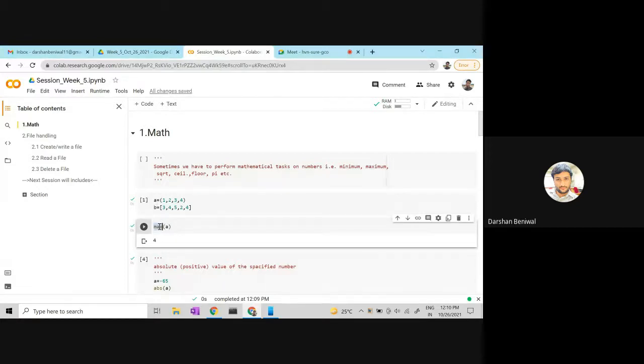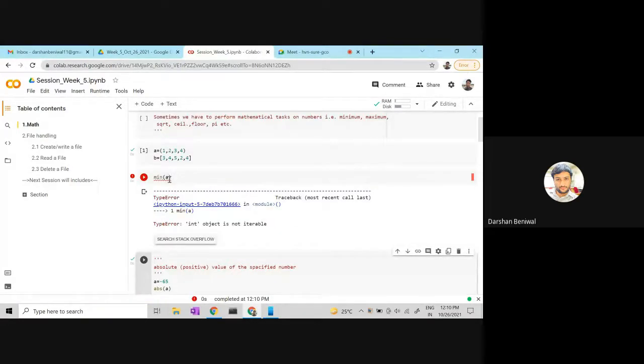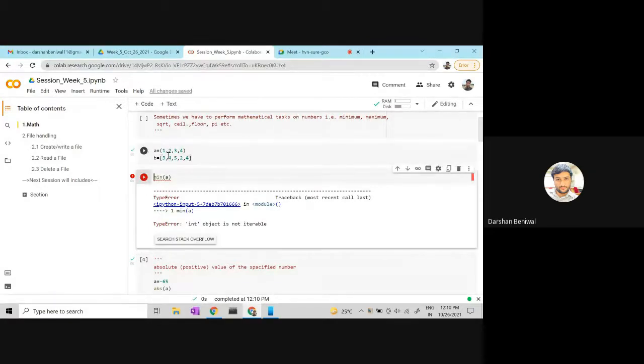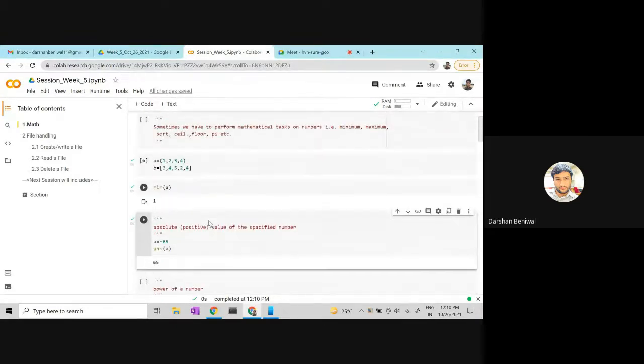Similarly, if I use min of A, it will give the minimum value of A. And if I want to calculate the absolute value of a given number, say the number is minus 65, then just write abs of a, and it will give the absolute value of the number.